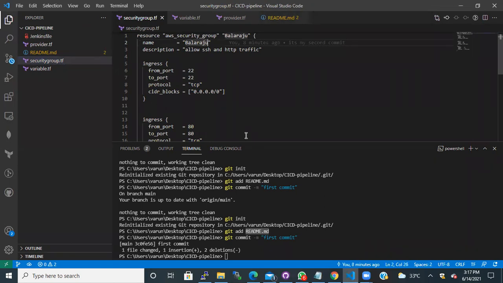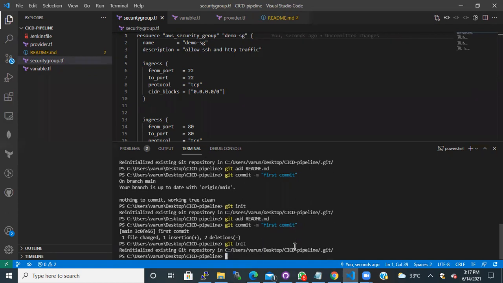The first thing I'll change to demo, CI demo SZ. I'll just write here demo-SZ. So I'm saving this file. You don't have to do git init every time.